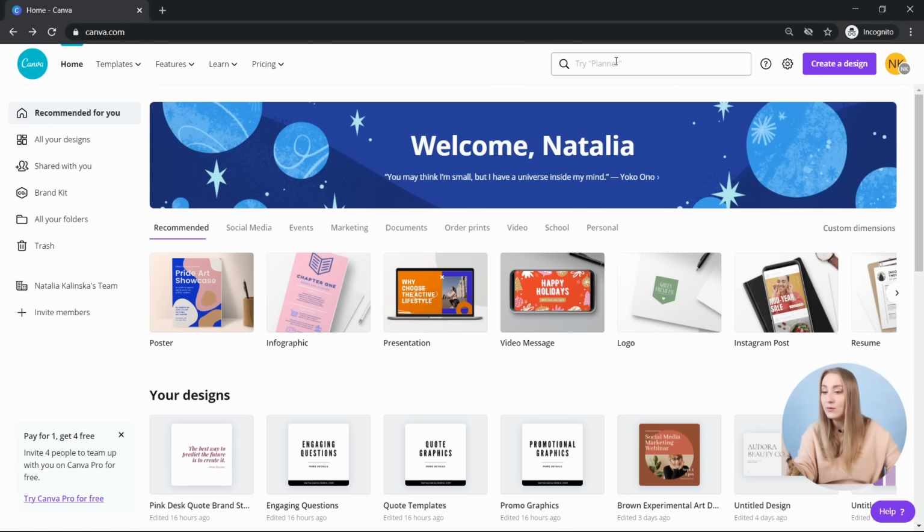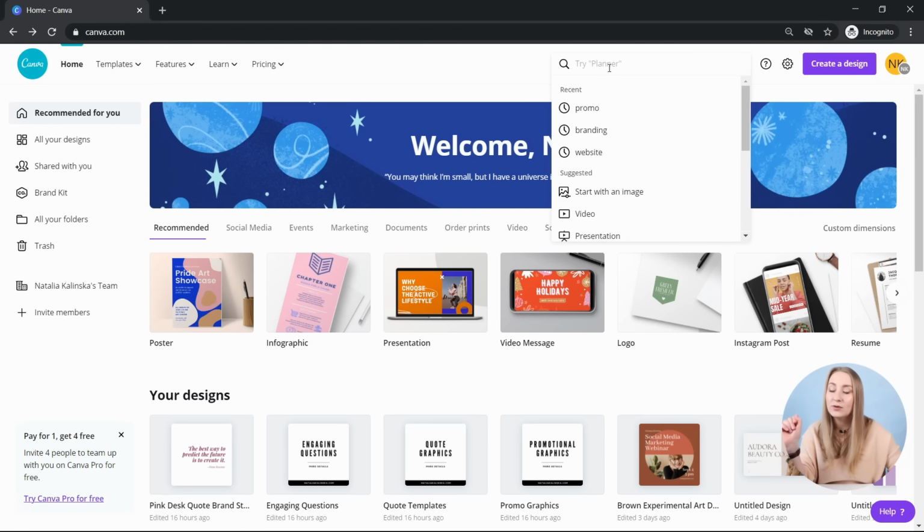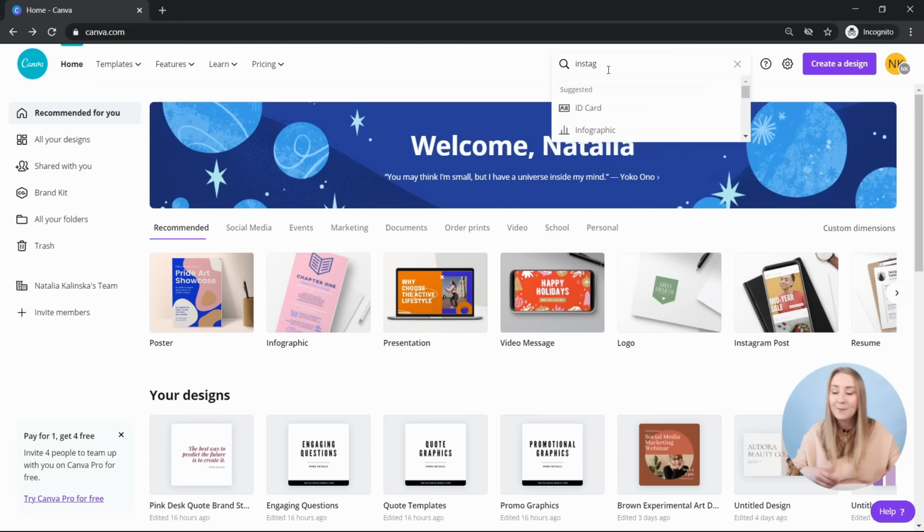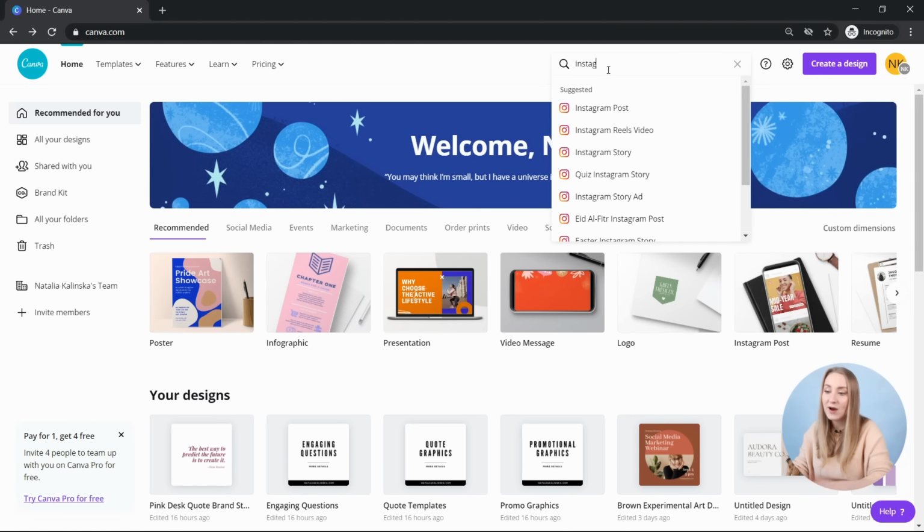The first thing we want to start off with is the top right corner. In here, you can see the search bar. I have to say it's one of the quickest ways to find any templates, any different designs with specific dimensions that you need to look for. For example, if I wanted to quickly create an Instagram post, I'll just type in Instagram and it already gives me a few different options.